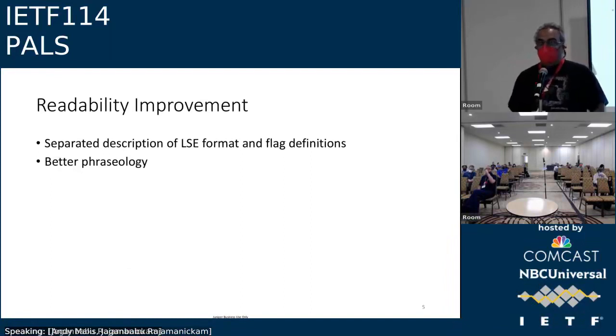Also, from the point of view of the draft itself, there have been a lot of improvements in readability. For example, separating the description of the label stack entry, which has all the flags, but the flag definitions are in a different section, so it reads better. So those are the two big changes between the previous version and this version. At this point, we're just twiddling bits. So we think that we're really close in terms of a technical solution. Next slide.